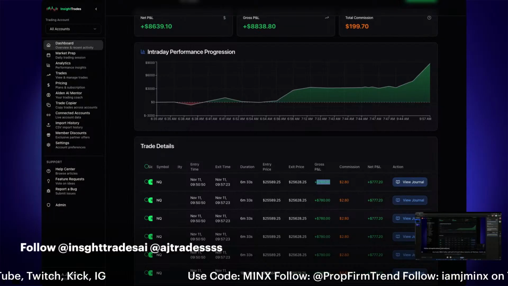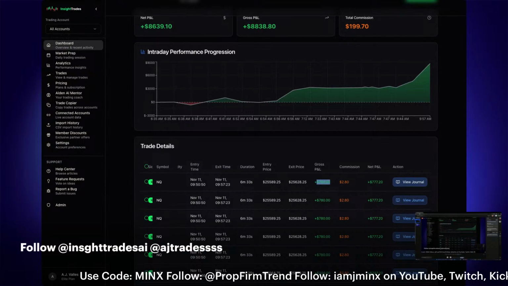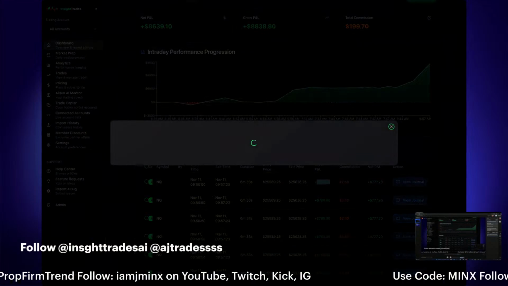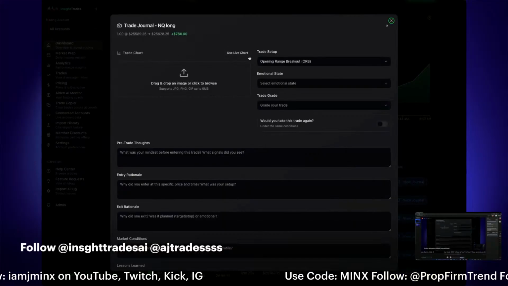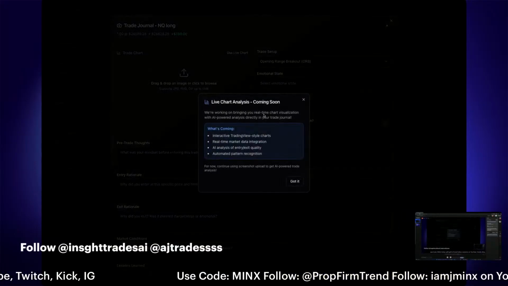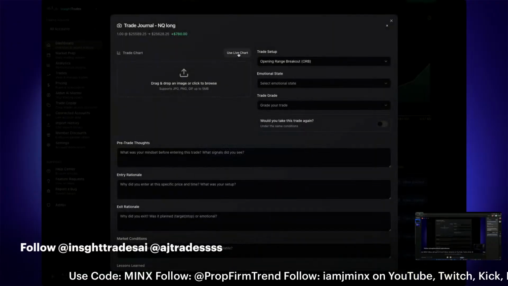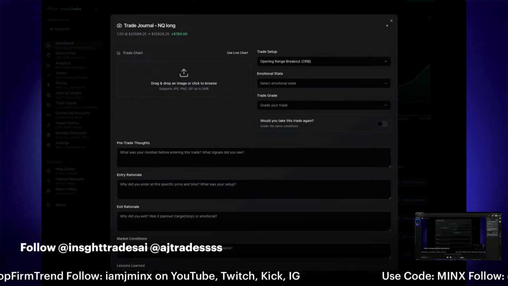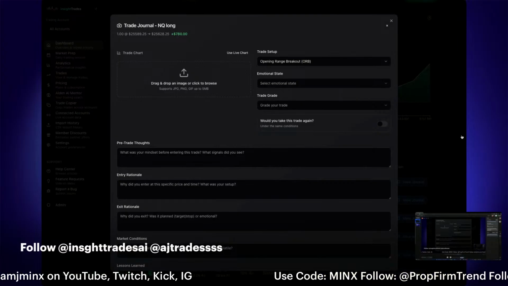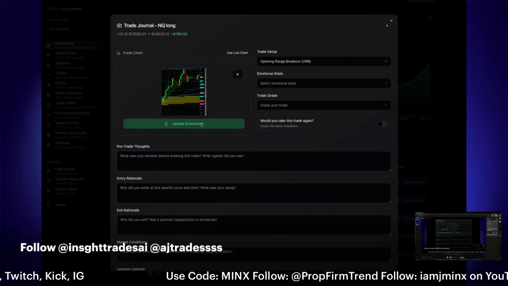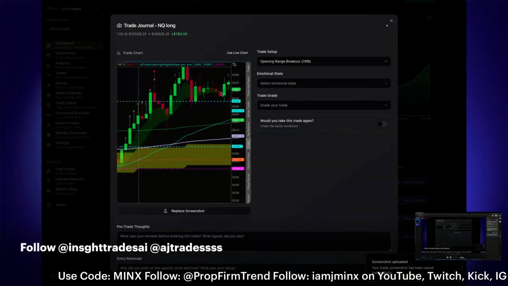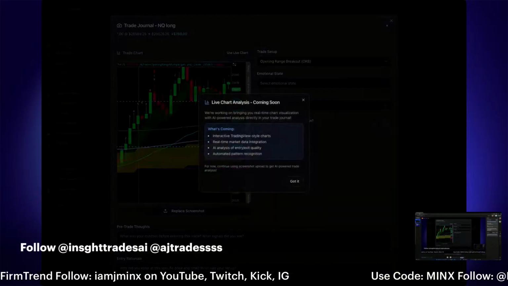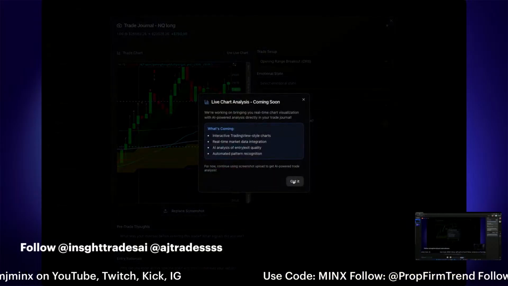It's something that we are working with NinjaTrader on to figure out how we can get that data and then populate it onto the trade journal to understand when they took it. So we do have a live trading chart that we're going to be trying to implement pretty soon, in addition to just uploading a screenshot, which is super simple. I can just come in here, upload the screenshot, and then it'll just be part of that trade. The goal is to use some of that live data that we're going to be getting from NinjaTrader as part of the partnership, and then be able to